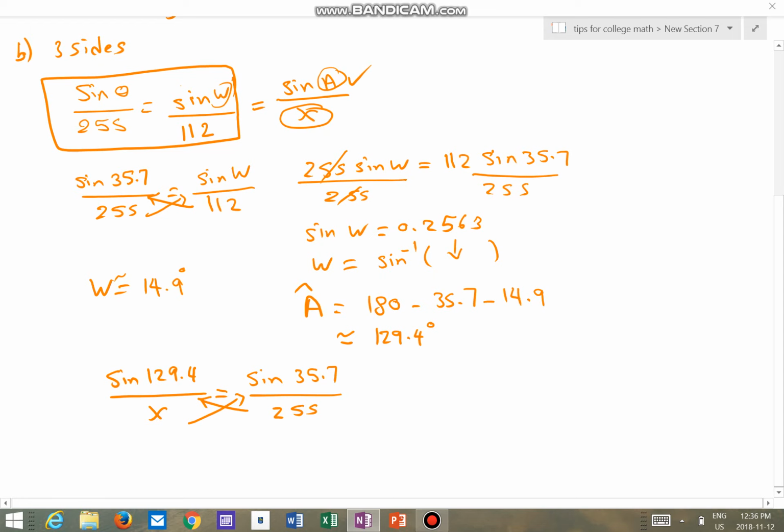I will get x sine 35.7 should equal the 255 times sine 129.4. Divide by sine 35.7 both sides. I will get the value here for x, and x turns out to be